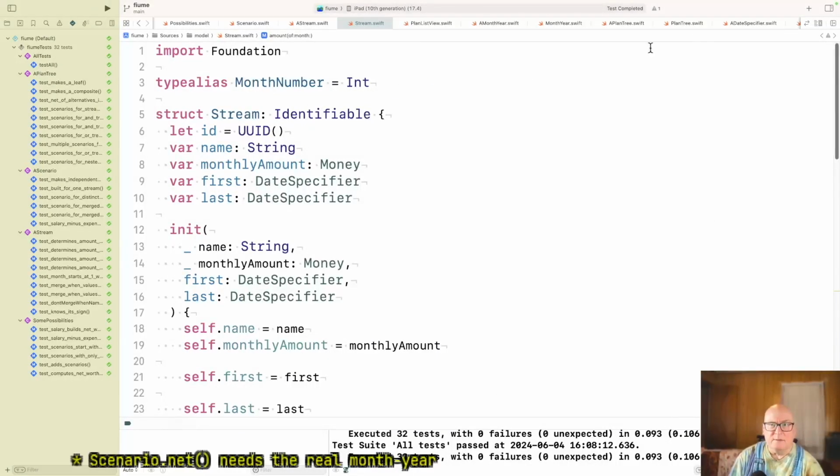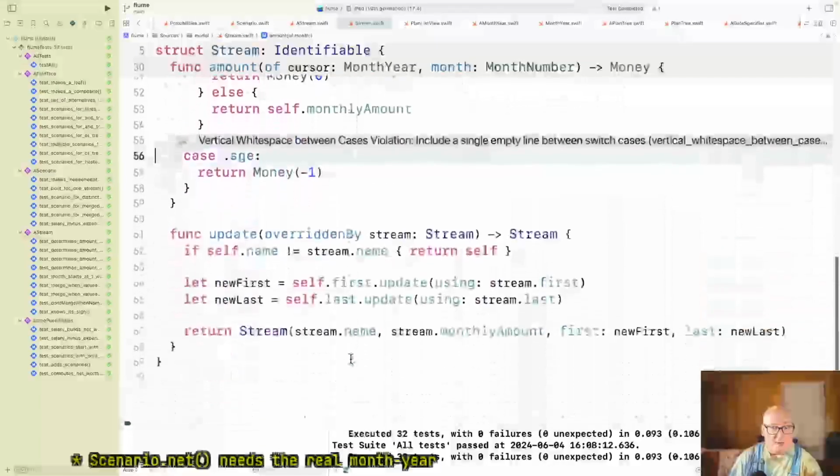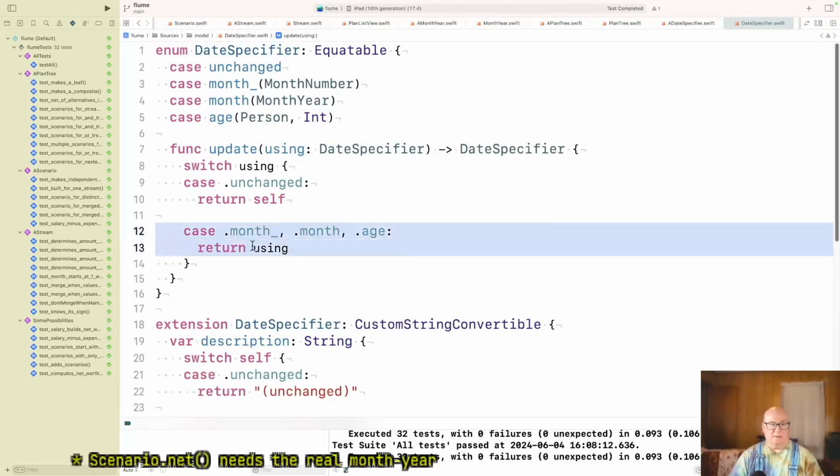If we modify our user interface to produce date specifiers with month year ranges, then I think our amount code should work. The overridden by should work based on this. They all work the same except unchanged. Okay, so